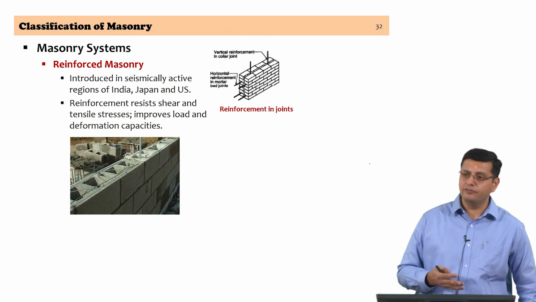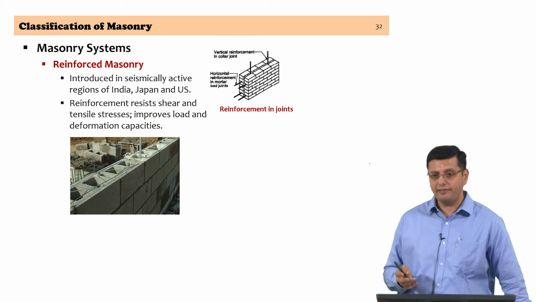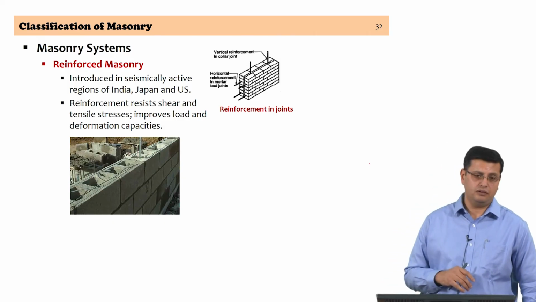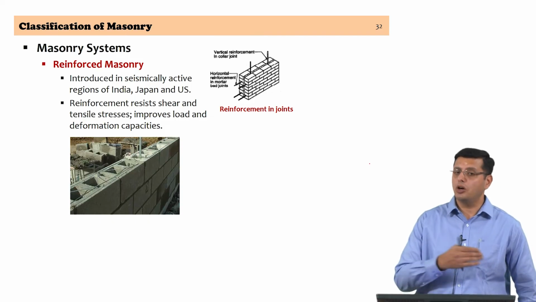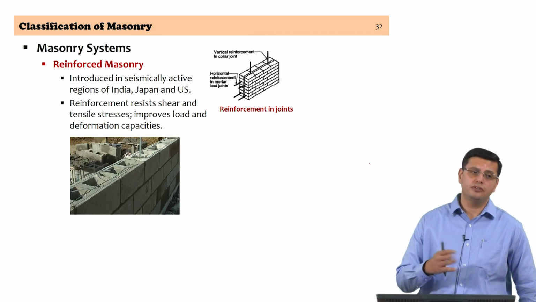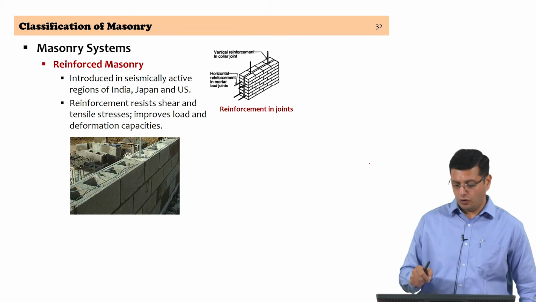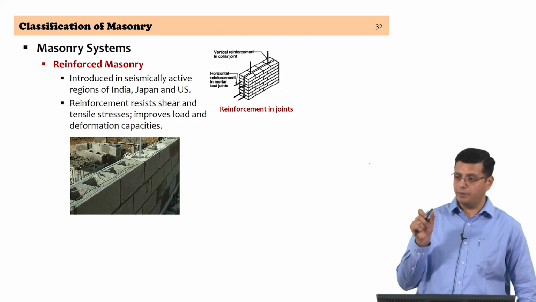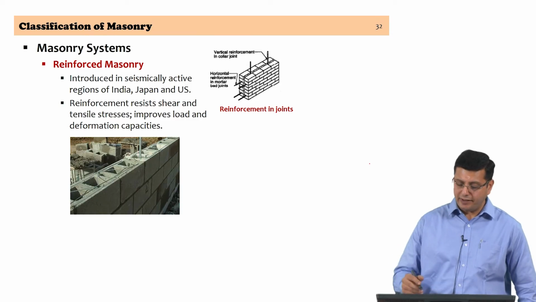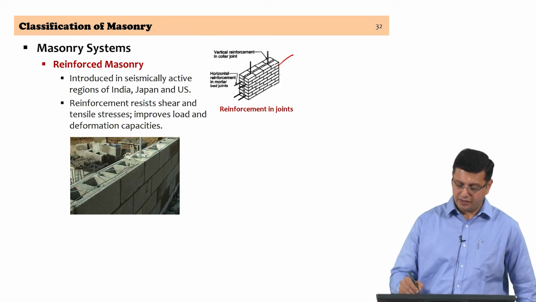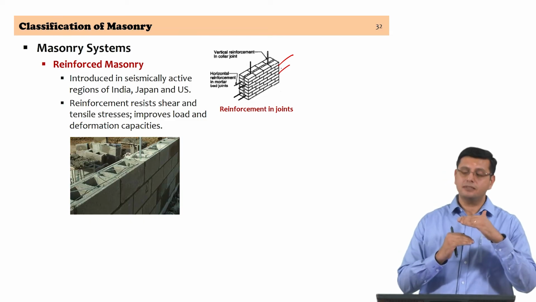How do you place this reinforcement? The hollow block construction is not necessarily the only possibility that you have. There are different configurations, different options available. Like you saw the reinforced brick slab, it is also possible to place the reinforcement in joints. Of course, if you place reinforcement in joints, the joints will become thicker, and particularly when they are in the bed joints, as you see here, if you place reinforcement in the bed joints, the reinforcement plus the mortar